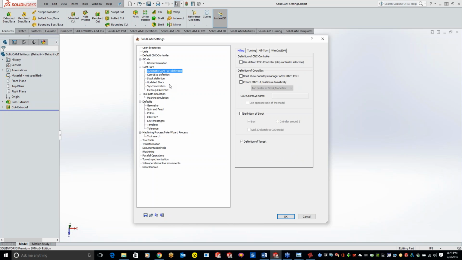Automatic CAM part definition. This is an area that if you are a couple days old in SolidCAM or more, I would recommend unchecking everything in here except for target. I'm not a huge fan of the automatic stuff. I like to put my coordinate system where I tell it. I don't want the system to put it where it thinks it should go, that sort of thing. So I really like the control that I have inside SolidCAM,